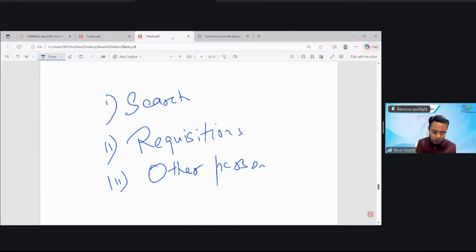You understood? So in the first case, the actual physical search has happened in the premises of the assessee by the income tax officer. In cases 2 and 3, the income tax officer has not physically searched the